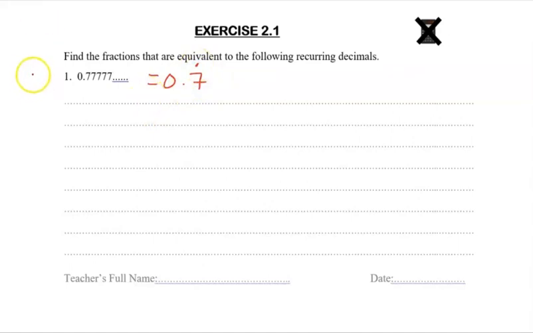Now to turn this into a fraction, the first step is going to be let x equal to 0.777. What we're going to do now is find two numbers that have the same recurring decimals, so the same number repeating constantly. So we can take the 2 away to get rid of the recurring decimals. So what we're going to do is multiply the x and the right hand side both by 10. When we multiply by 10, we're going to get 10x equals to